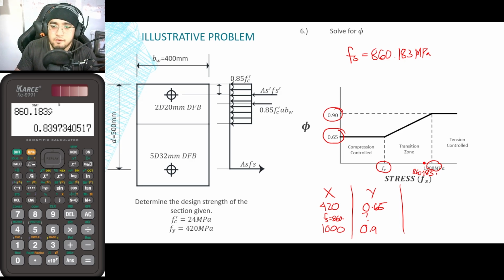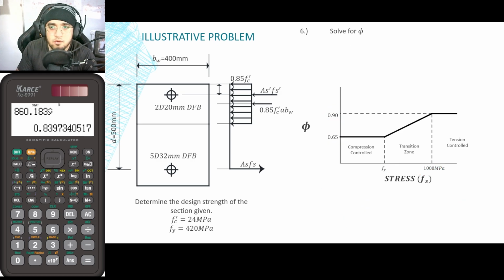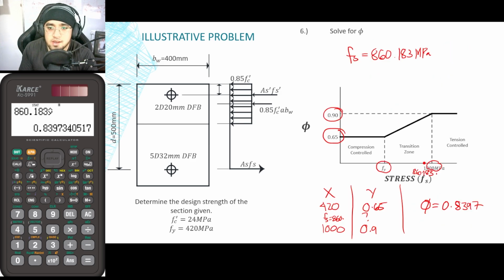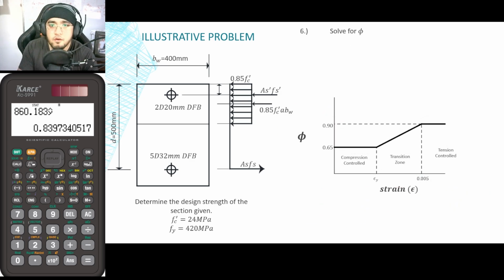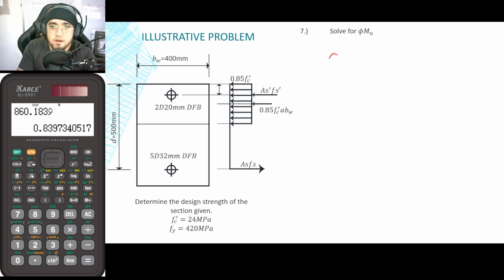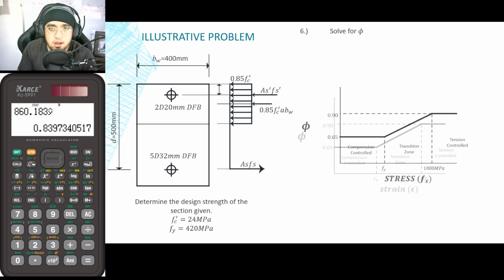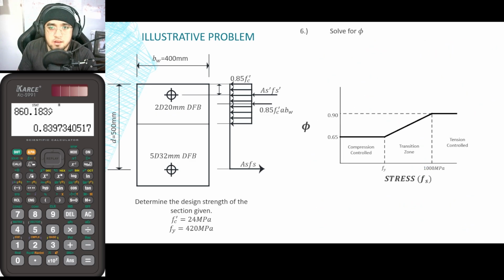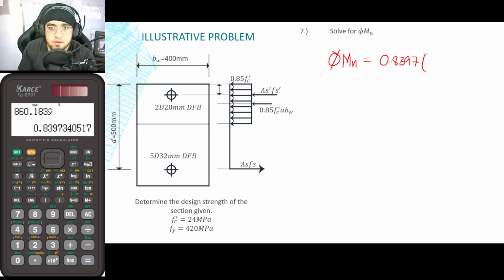So again, from that guys, the value of phi is now equal to 0.8397. So it is same as our earlier computation. Okay, so once again, that is now the value for our phi, which is 0.8397. So for the value of PMN, that is basically equal to 0.8397 times what was our MN once again. So for the value of MN, that is 704.197. So times